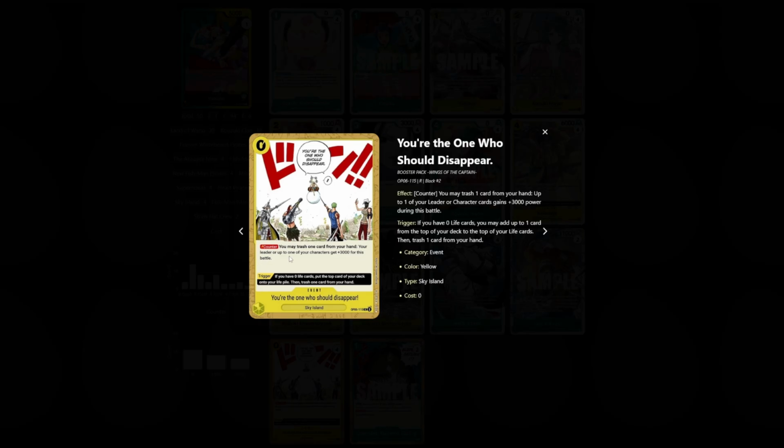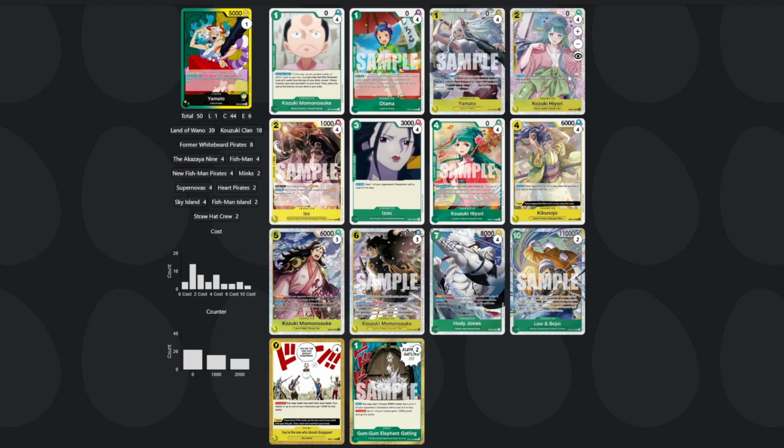Being able to trash 1 card from my hand and then give up to one of my leaders or characters plus 3k for 0 Dawn is amazing. Not to mention that the trigger is just also amazing. If you have 0 life cards, you may add up to 1 card from the top of your deck to the top of your life, then trash 1 card from your hand. This card is amazing to be able to potentially live for 1 more turn,